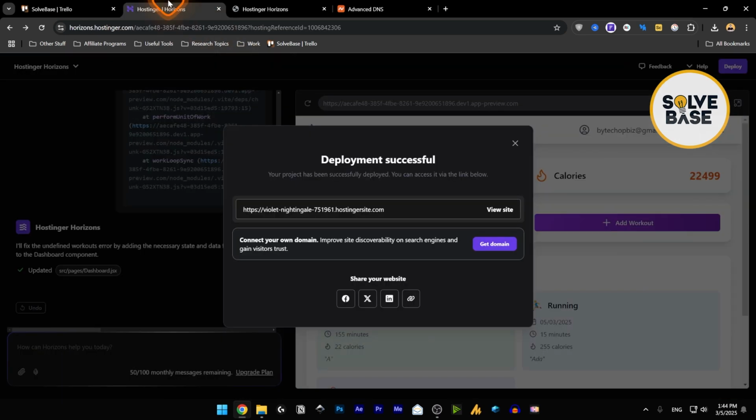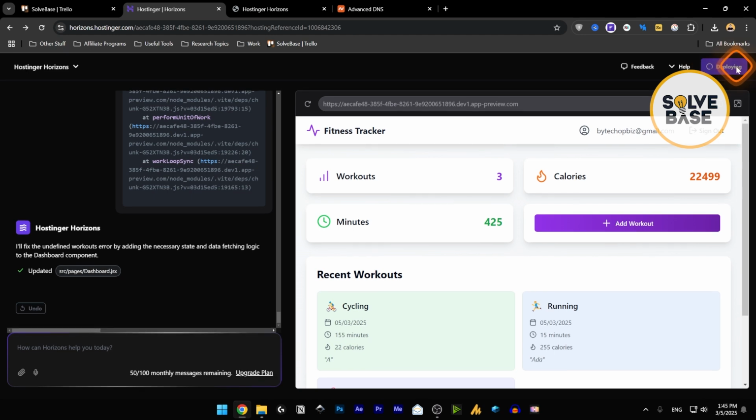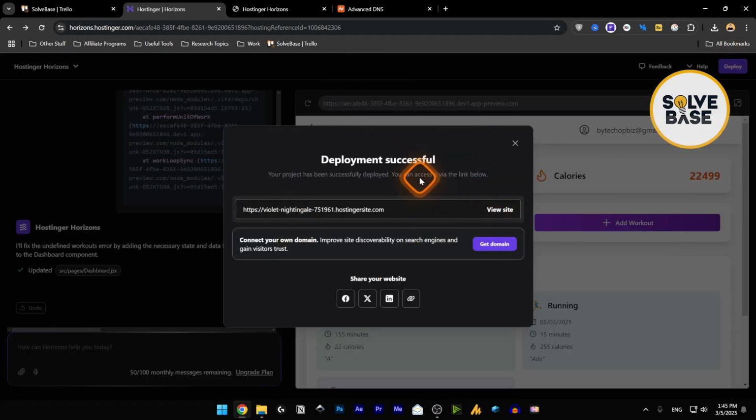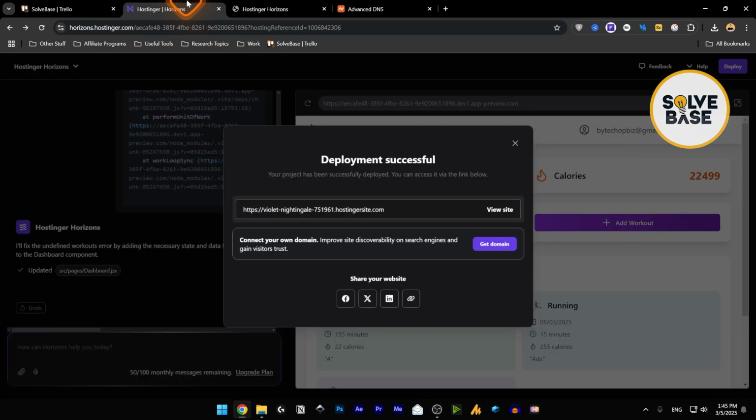And just go back to your app, like here, the edit page, and deploy it from the top right first. So once deployed, you're going to have this website link, which you can view. And you can also share this with someone and they can also view the website and play around with it. Now, if you want to connect your domain, we're going to go over to the